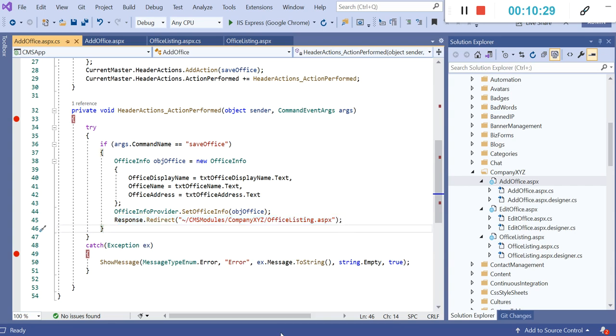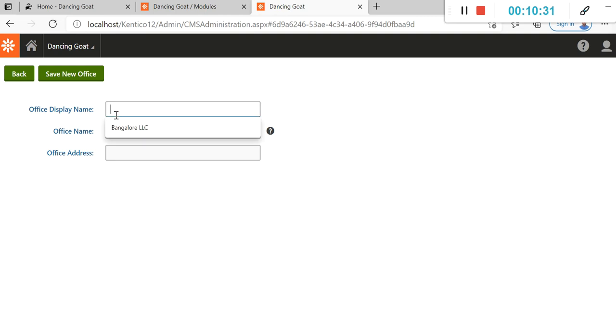So for example, let's check this. Let's create an office as Hyderabad LLC.